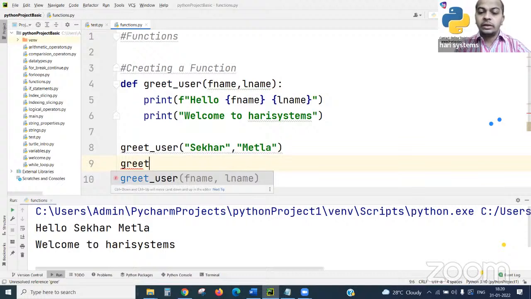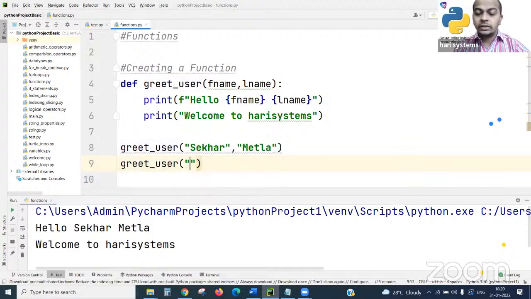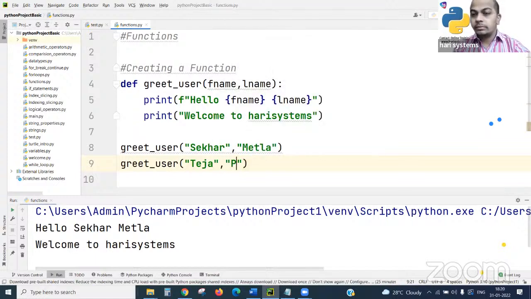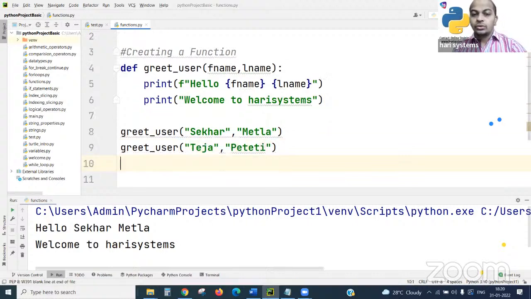Same thing, it's greet underscore user. So let's see here. We'll try to use Teja, P-E-T-E-T-I. So two parameters I have passed, someone who is in my list. Don't feel bad otherwise.